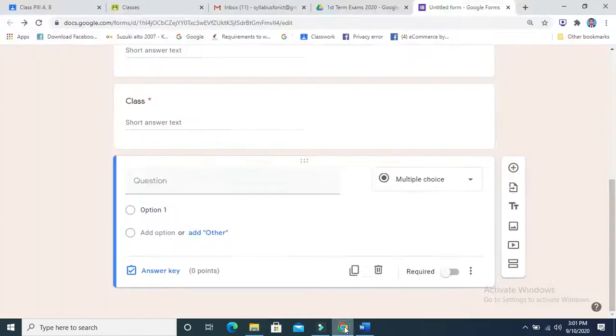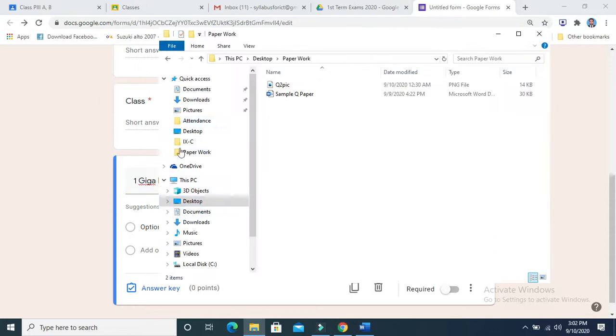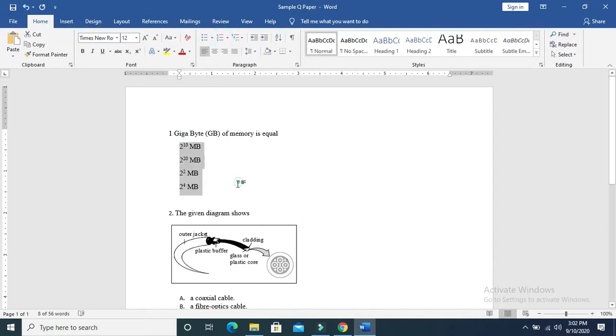You will have to copy the stem first separately. First you will copy the stem, number one, and then you are going to copy the options. But in options it is preferable that we should not use A, B, C, D with the options. Why? Because in MCQs paper normally we don't use them. If you are taking some picture or something like that, then you can use A, B, C, D in the options.